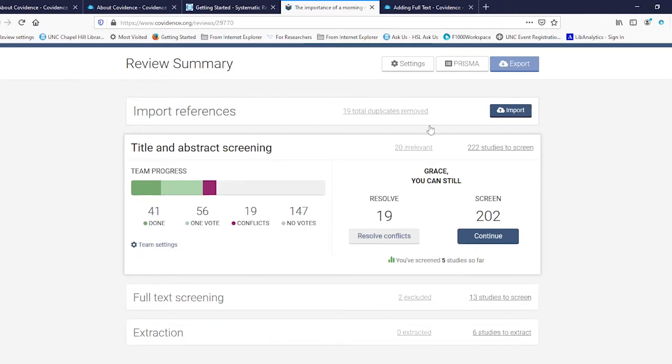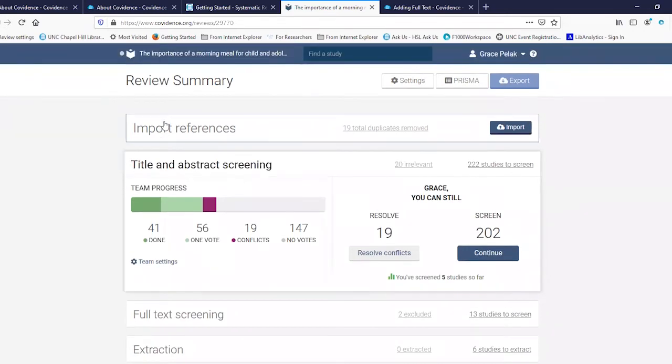Okay, so once you have imported all your references, just a little background, because we don't really cover citation managers in this class. If you do have a specific citation manager question, definitely reach out to Emily or I, or you can attend one of our citation manager classes. Before you import references into Covidence, you'll need to export them from your citation manager, and then within Covidence, you'll go into import,